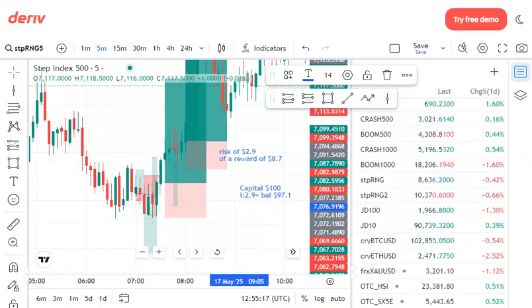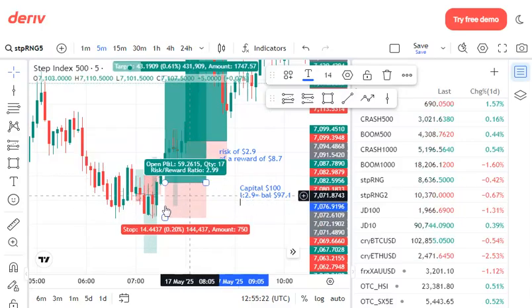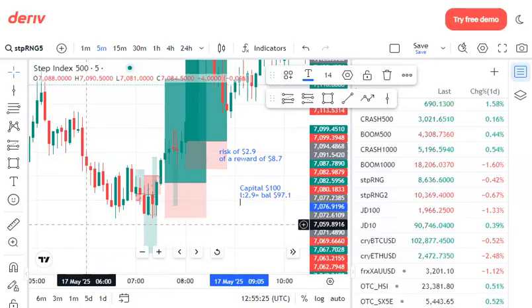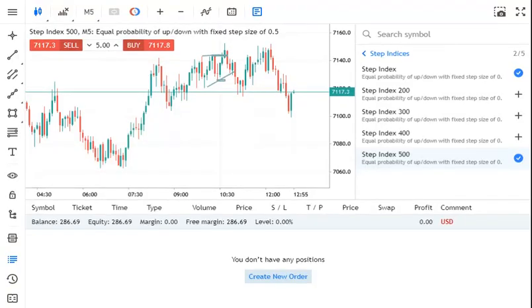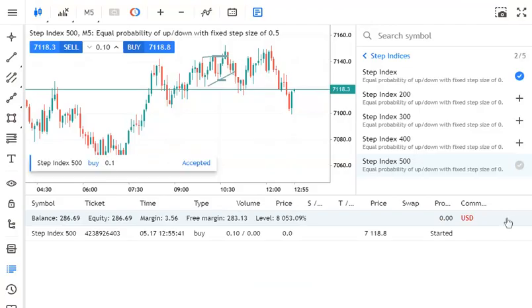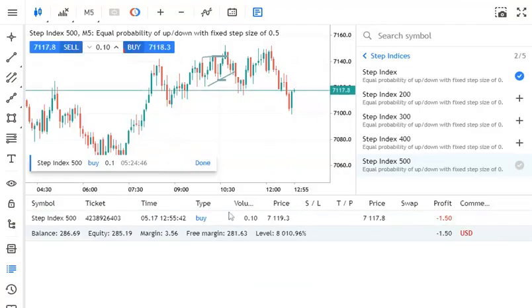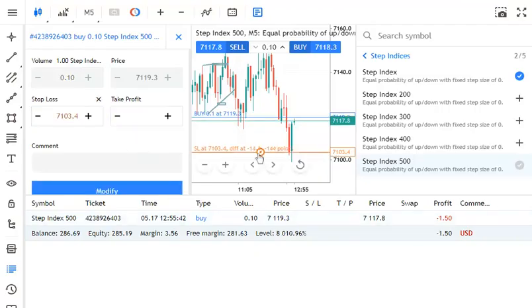And so, let's say another trade we took was of a risk of $7.9. Since there is a trade now, we are not traders who make trades today and give up tomorrow. We are going to be in this market till kingdom come. So I see a trade here and I've just entered my position. You see, the first thing the market did was a minus 2 USD. Any trade you take with Step Index 500, the market deducts you $2.